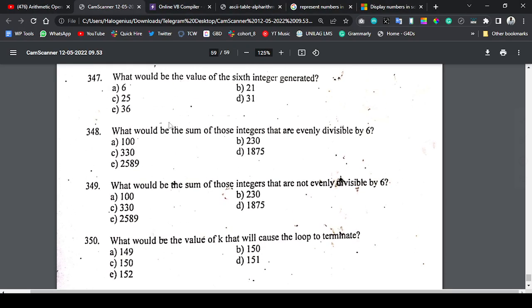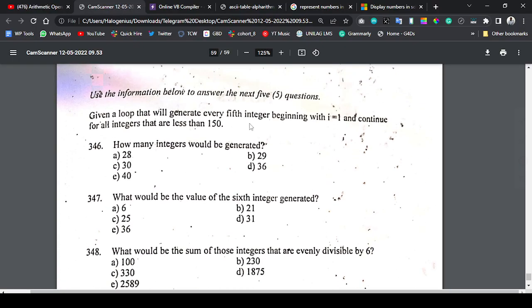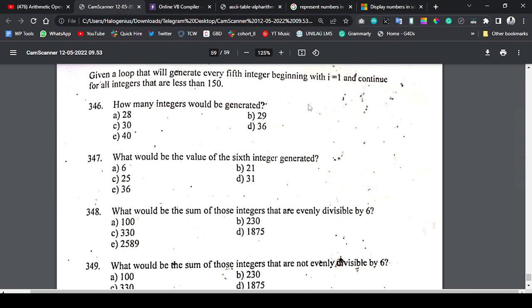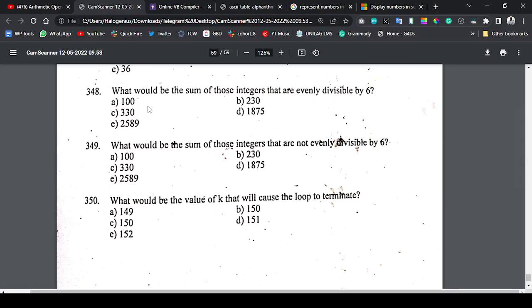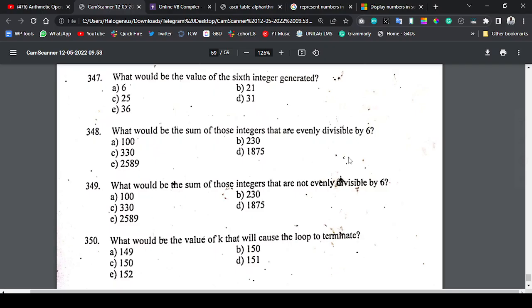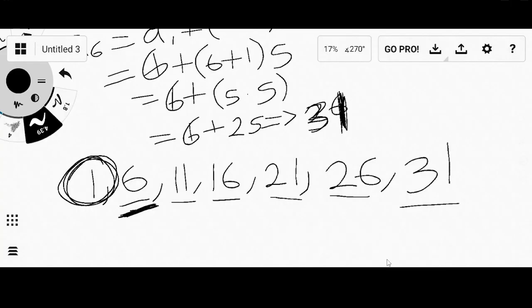So what will be the sum of those integers that are evenly divisible by 6? Those integers that are evenly divisible by 6. Don't forget, all the numbers that we are going to be generating, 1, 6, 11, 16, 21, 26, 31, and so on, till we make sure that it doesn't go above 150. So for you to solve this, numbers that are evenly divisible by 6,